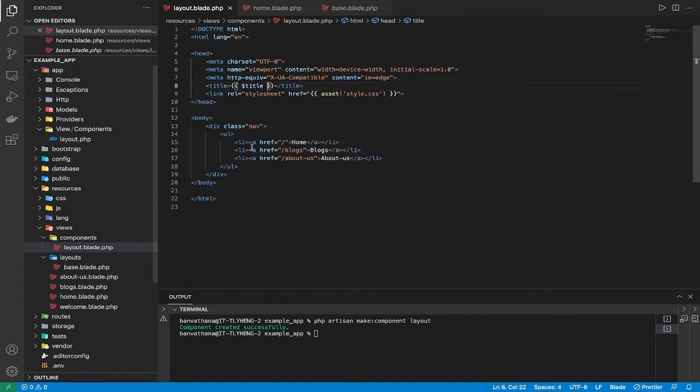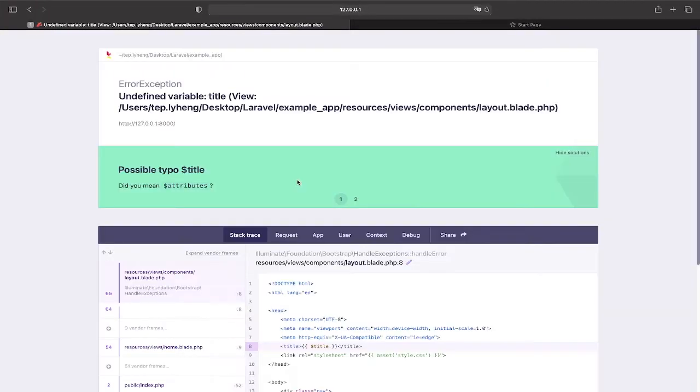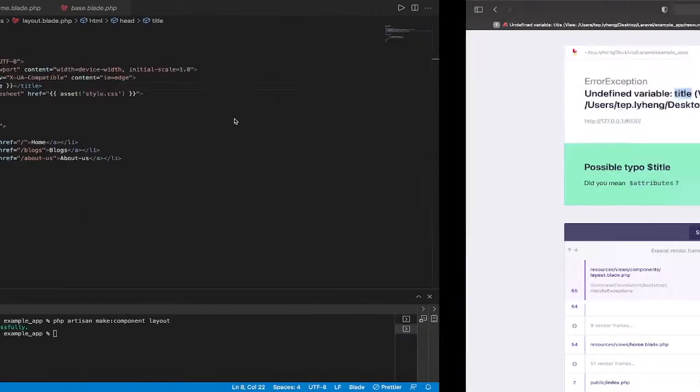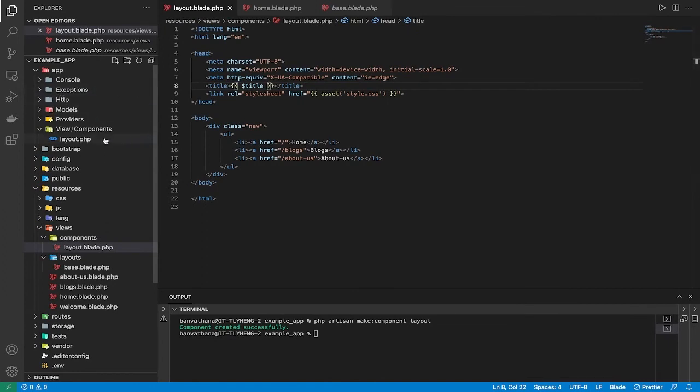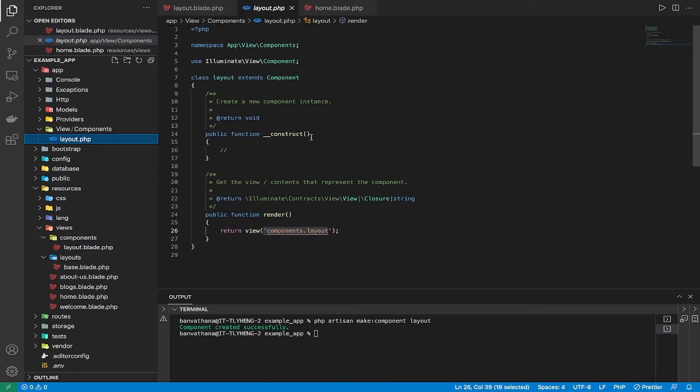Okay, now let's refresh the page. So as you can see here, there is an error in our component because it cannot find the variable title. So we can fix this by going to our app view component and going to the layout.php and let our